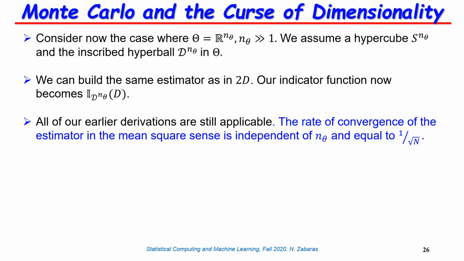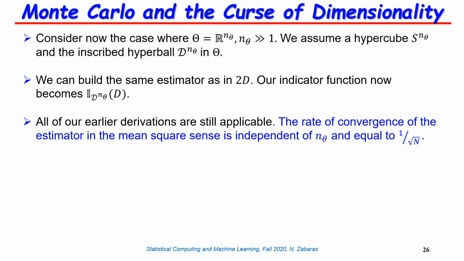So the estimator converges as 1 over square root of n, independent of the dimension of the problem n_theta,